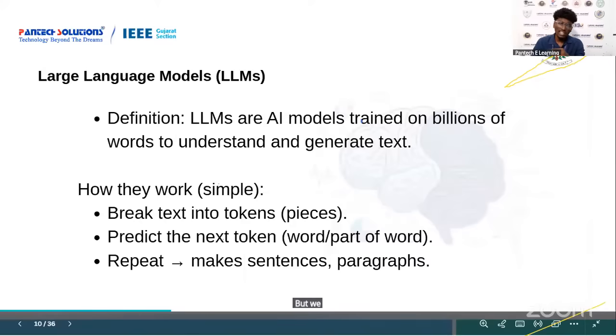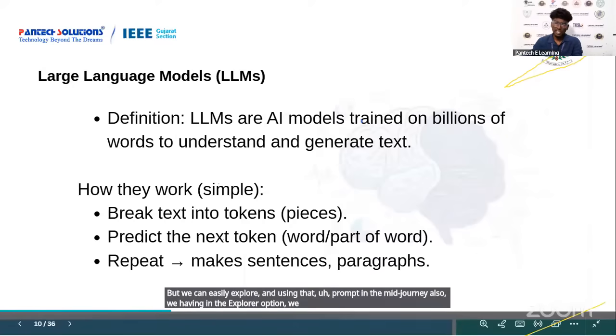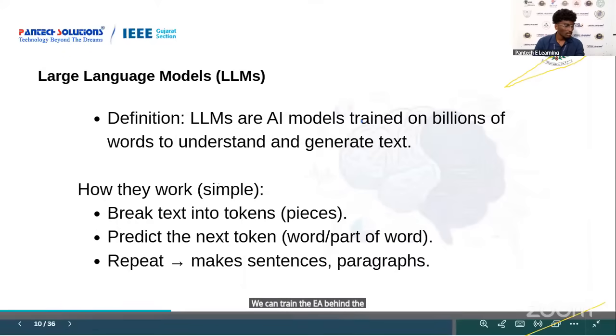But we can easily explore and use prompts in Midjourney also. In the explore option, we have multiple generative AI images. On the left side we have a prompt option, so we can copy the prompt and use it in the ChatGPT free version, and it will generate a new image. We can train the AI on multiple data like that.